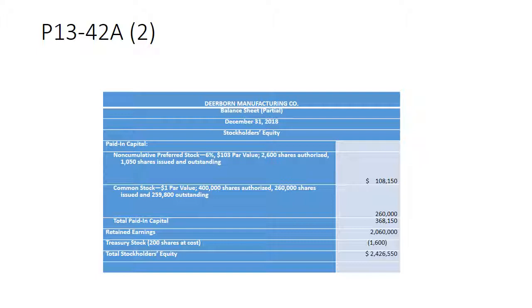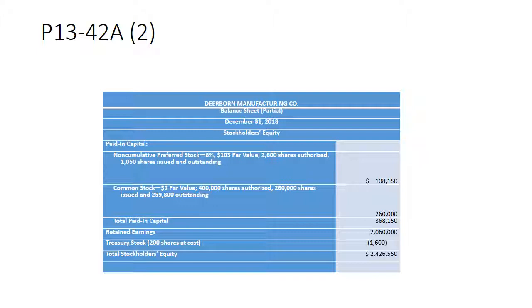That contra equity account, treasury stock, the balance of it, which is $1,600, would be subtracted. It's a contra equity. So total stockholders' equity would be the total paid-in capital plus the retained earnings minus the $1,600 balance in treasury stock. If there was no treasury stock, you wouldn't put anything. So total stockholders' equity,